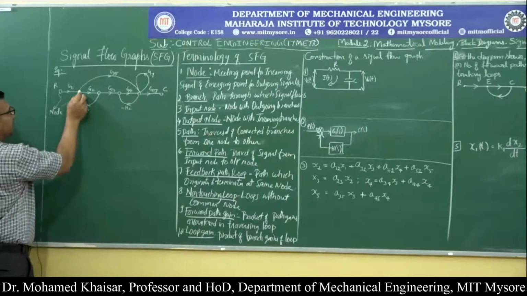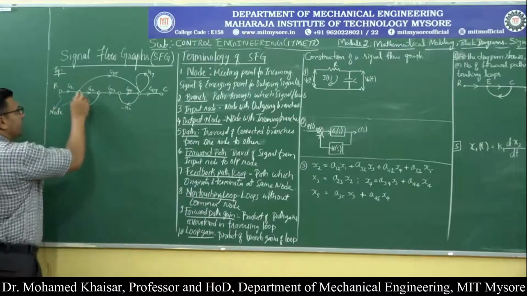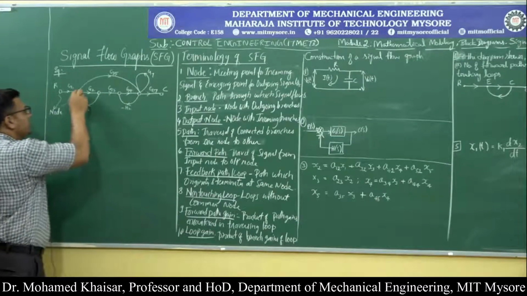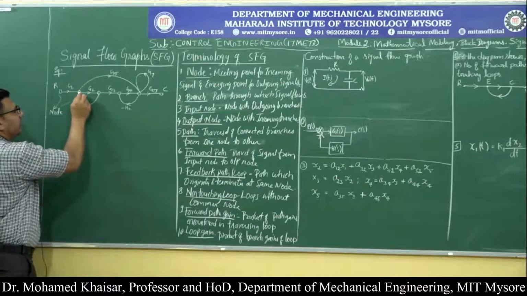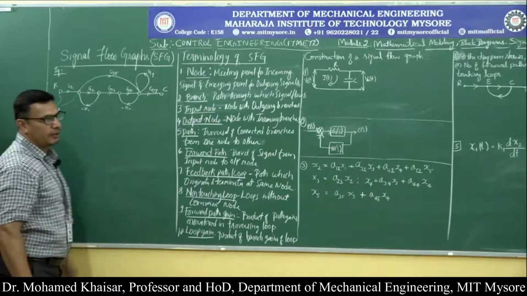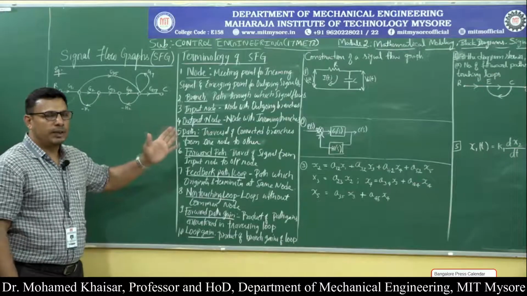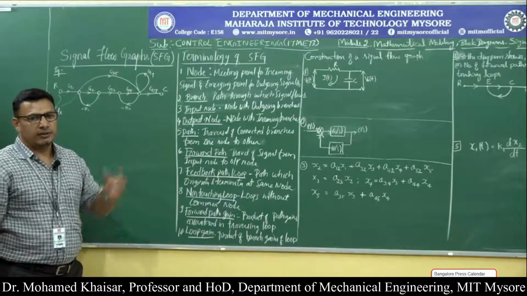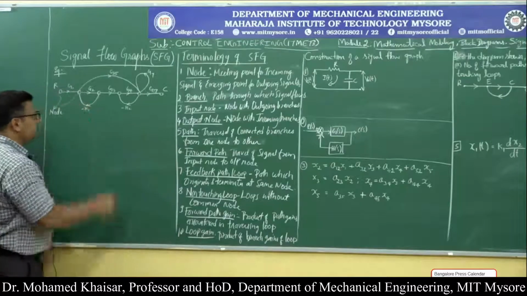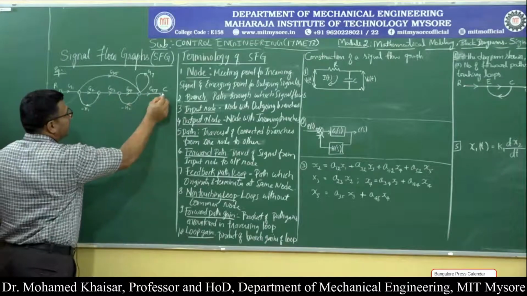If you observe this node, this signal is going and meeting at this particular node. And at the same node, this signal as well as this signal are emerging from it. So, this signal and this signal come and meet at this node, while this signal G5 and this signal G2 both emerge from the same node. So, a node is a very general term. It is the meeting point or emerging point for any signal. Signals can come and meet at a node and signals can emerge from a node. There is no restriction. This is a node, this is a node, this is a node, as well as this is a node.